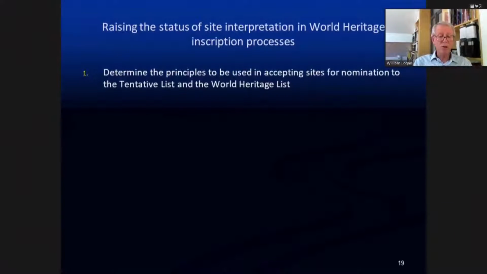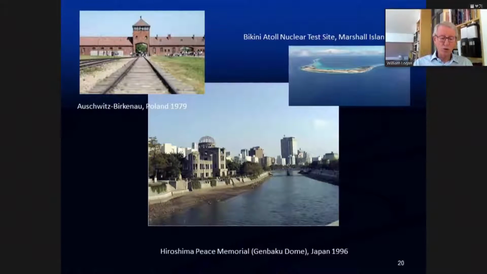Well, firstly, UNESCO, by which I mean, people tend to reify UNESCO as if it's a single body. It's not, as we would say. In fact, I'm talking about the World Heritage Committee and its Secretariat, the World Heritage Centre, need to determine and publicise and promote the principles to be used in accepting sites for nomination to the tentative list and the World Heritage List. Training of heritage bureaucrats and site managers will certainly be required in this, and also professionals working in the private sector, companies and agencies. This has become really quite urgent,